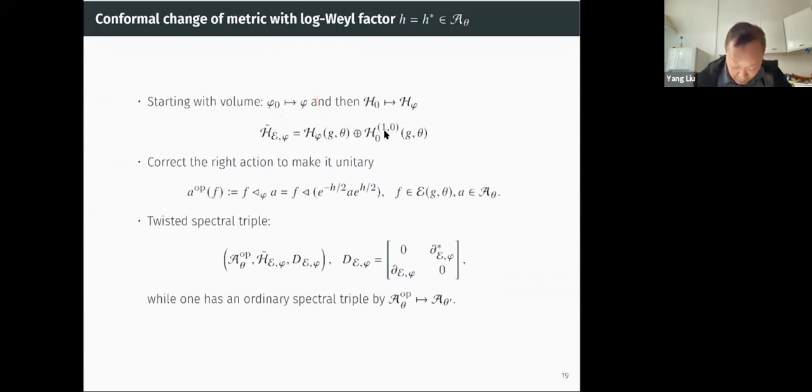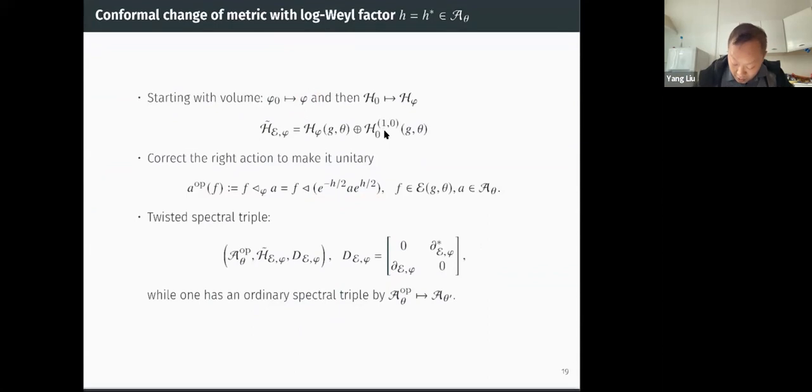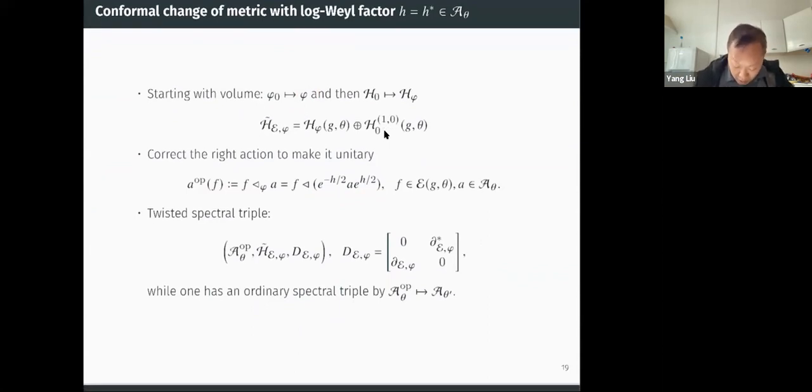And then again, because A theta already acts on the right hand side, we have to correct the right action by using this modular operator, or the Tomita antilinear operator. So at this stage, conceptually it is done. We change the inner product on functions, and basically we don't have to change the inner product on forms. So as before,